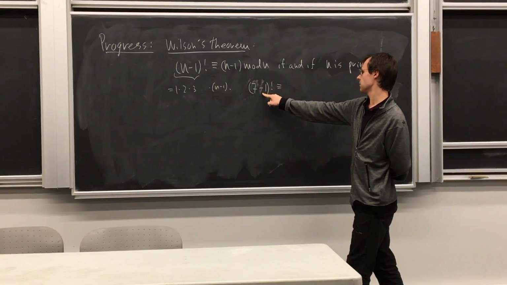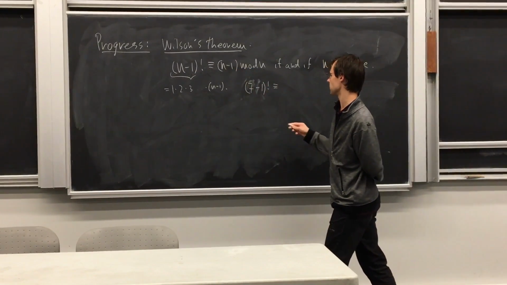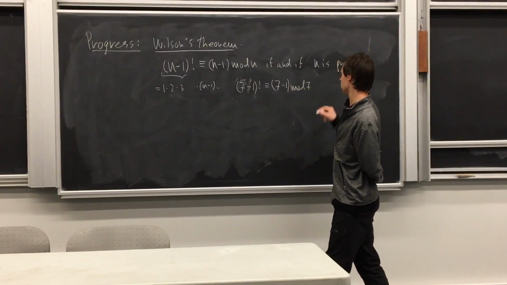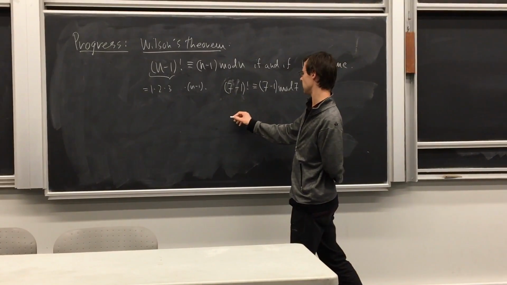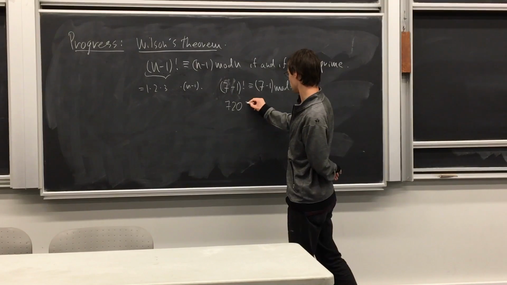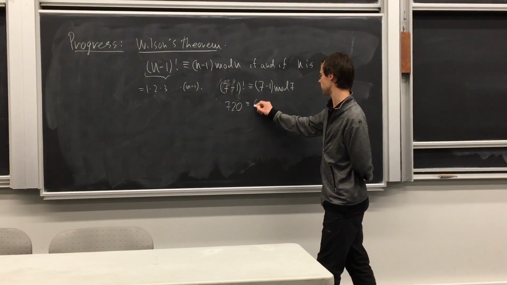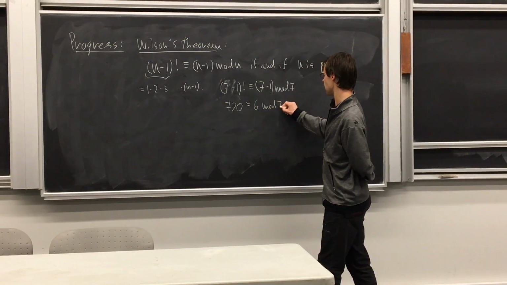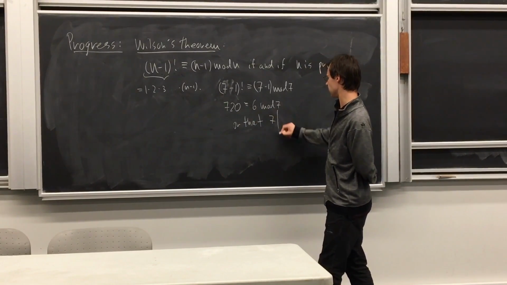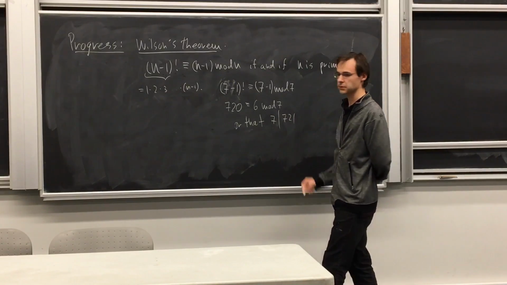7 minus 1 factorial is going to be equivalent to, according to the theorem, 7 minus 1 mod 7. And you can test that. This is going to be 6 factorial, or 720. That's what it turns out to be equal to. And you can actually test that 720 is in fact equivalent to 6 mod 7, or that 7 divides 721,